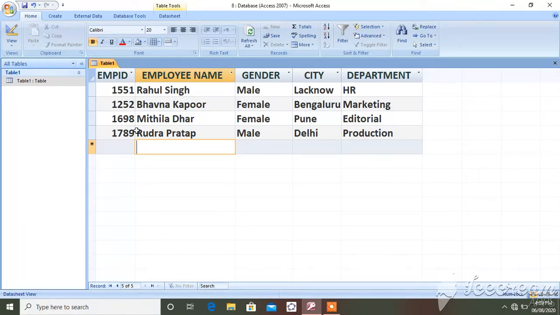So all data gets organized in these rows and columns. All other database objects such as queries, forms and reports use tables for extracting and working on data. It means we can use this table for creating queries and reports also.